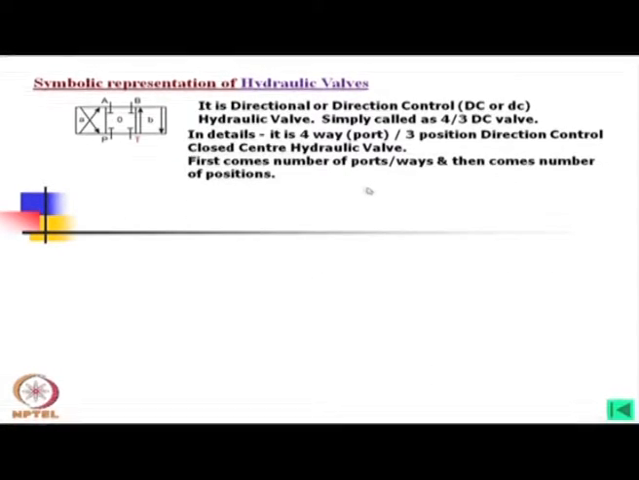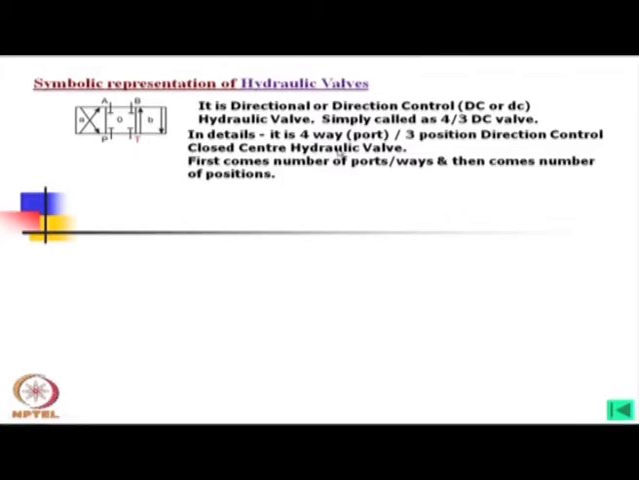But what is 4/3? In detail, it is 4 way. We find A, B, P and T, so there are 4 ways or 4 ports, and the 3 compartments mean there are 3 positions. That means we can get either this type of connection, a cross connection, or straight connections, or we can have these 4 ports completely closed. In detail we should call it a 4 way 3 position direction control